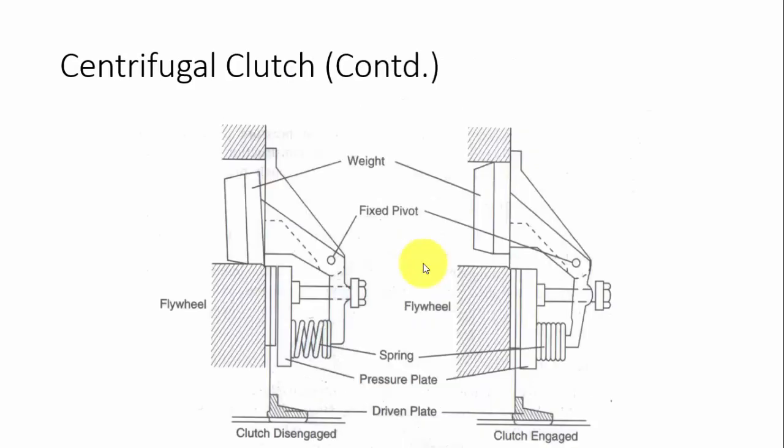And this is another type of centrifugal clutch. Here you can see the initial position. By default there will be a small gap between the pressure plate and the friction plate. Whenever the engine is running, the flyweights will be moved outwards from the center, the spring will be compressed and the clutch plate will be engaged with the friction plates. Thereby the clutch is being engaged automatically. These are the automatic types of clutches.